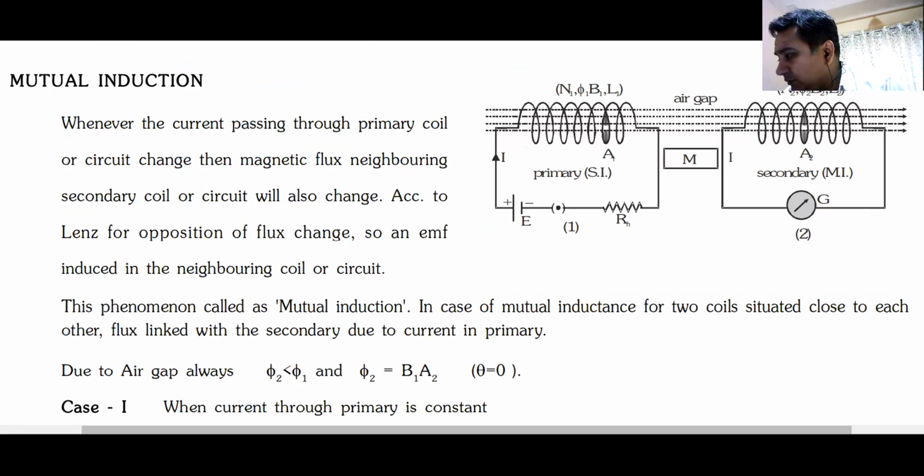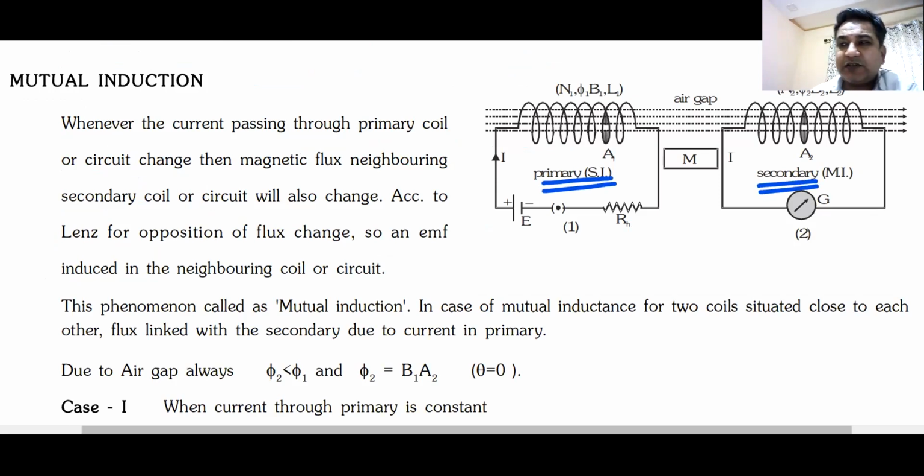Then, when you have self induction, you have mutual induction as well. Now, to understand mutual inductance, we normally have two coils. One is known as the primary, the other one is known as the secondary. Now, what happens in primary and secondary? You all must know this. If you have a current flowing in the primary, flux will be linked in the primary.